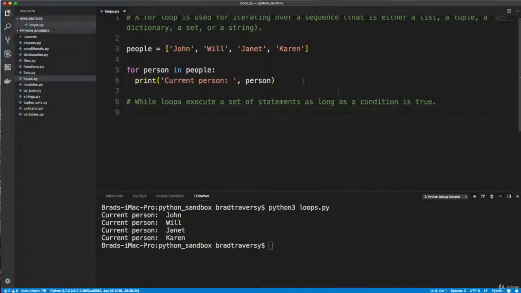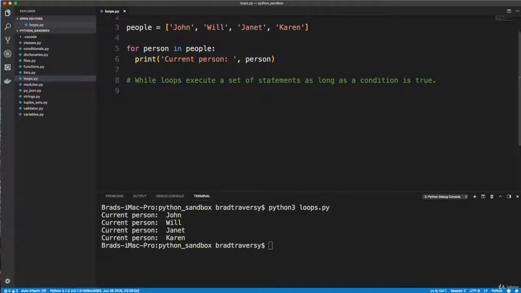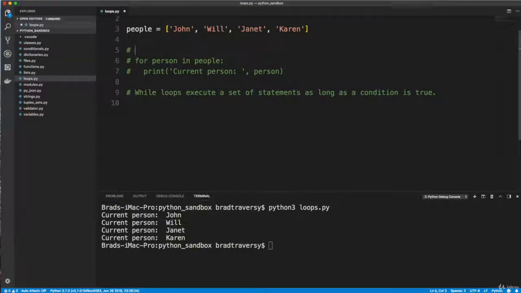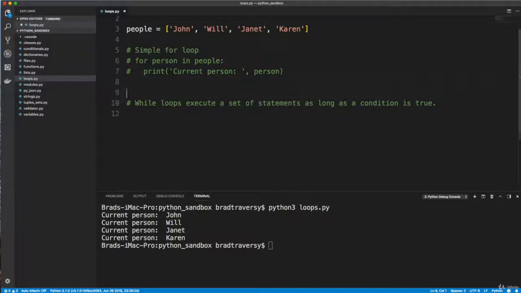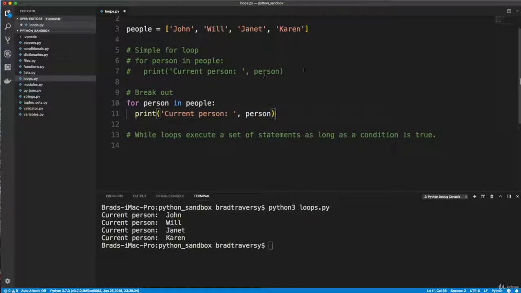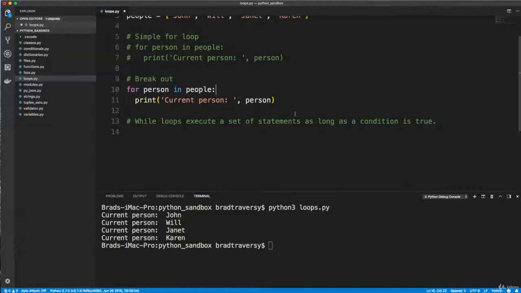All right, so if we wanted to, let's say, break out of a loop at a certain point, I'm going to copy this and comment it out. I also want to, I'll just say simple for loop. All right, so let's say break out. Okay, so this is the same loop, but I want to break out of the loop